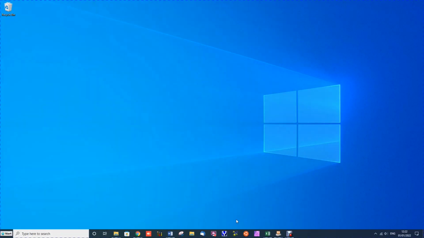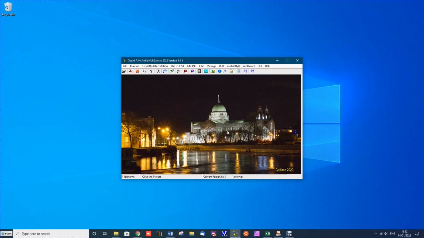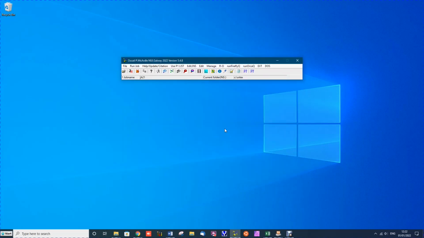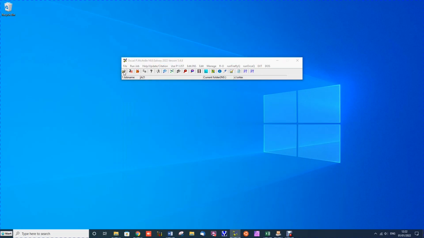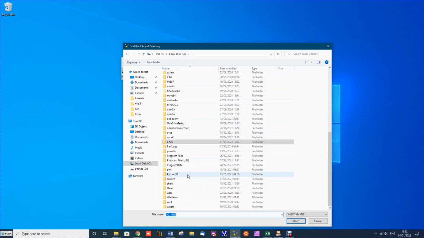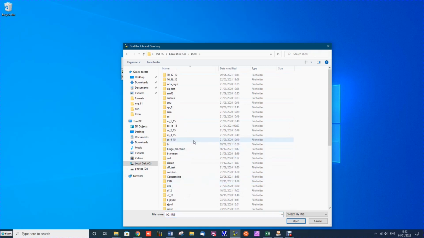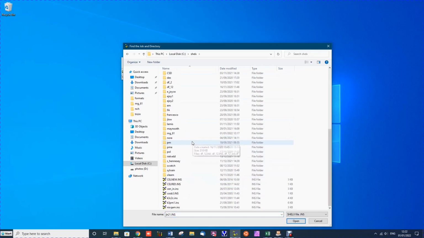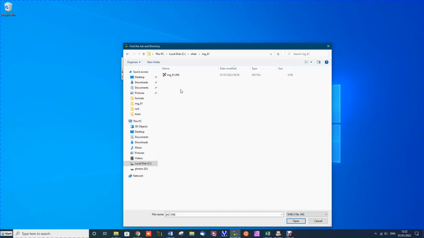Start Oscail, and when Oscail starts, open the ShelxT folder. In the ShelxT folder, there's a subfolder mg_61. In this folder we'll find the mg61 job, and if we select that job and press open, we're now focused